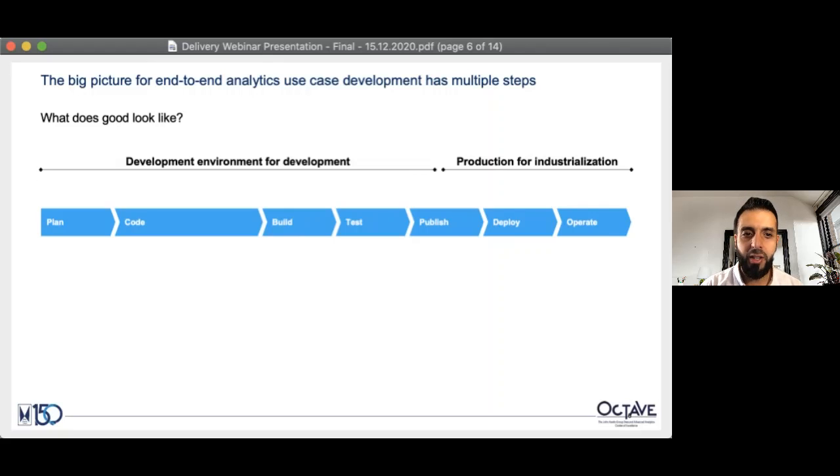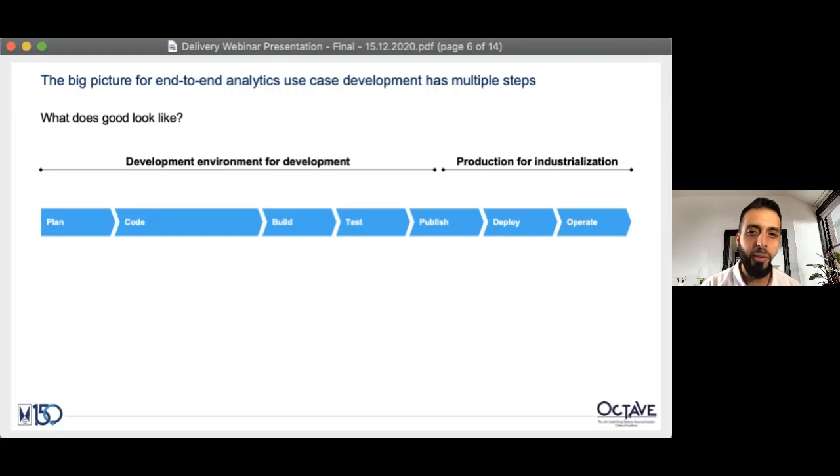But actually, there's more than just building a data science model. There's a lot there. And even in our simple use case earlier, there are a lot of moving parts that we need to actually get right. So today's session is really about looking at the discipline and the end-to-end practices, borrowing from what we know from software engineering, but also borrowing from DevOps and something that you'll be hearing a lot about, which is MLOps.